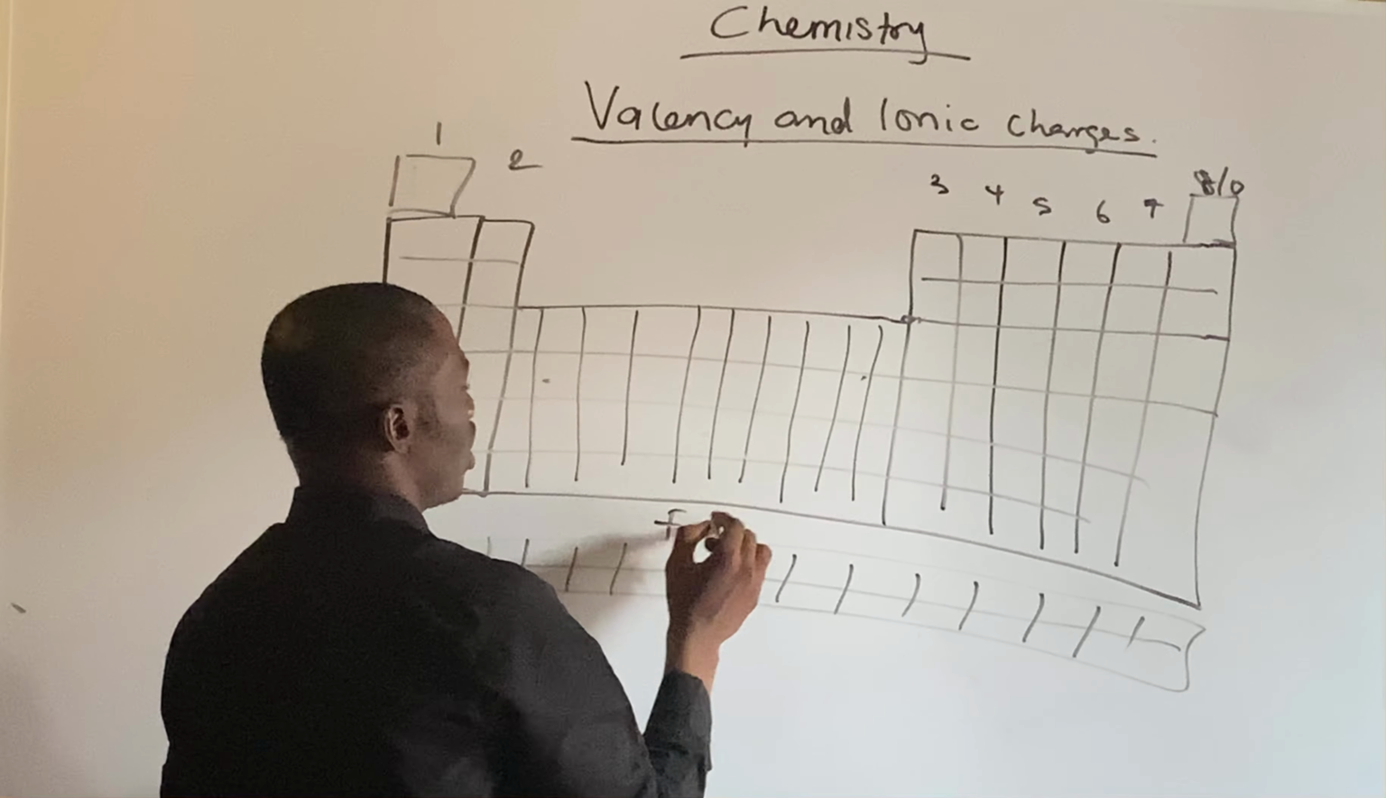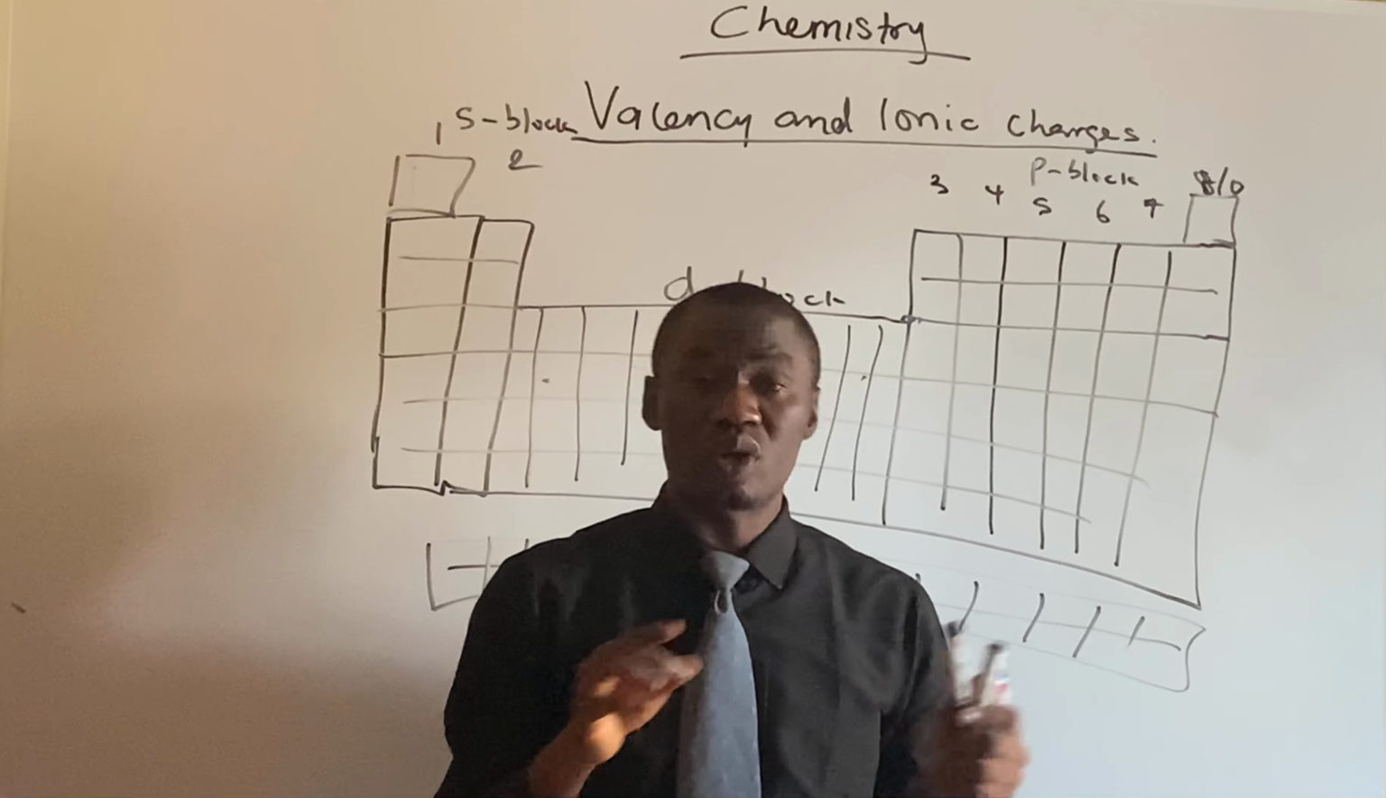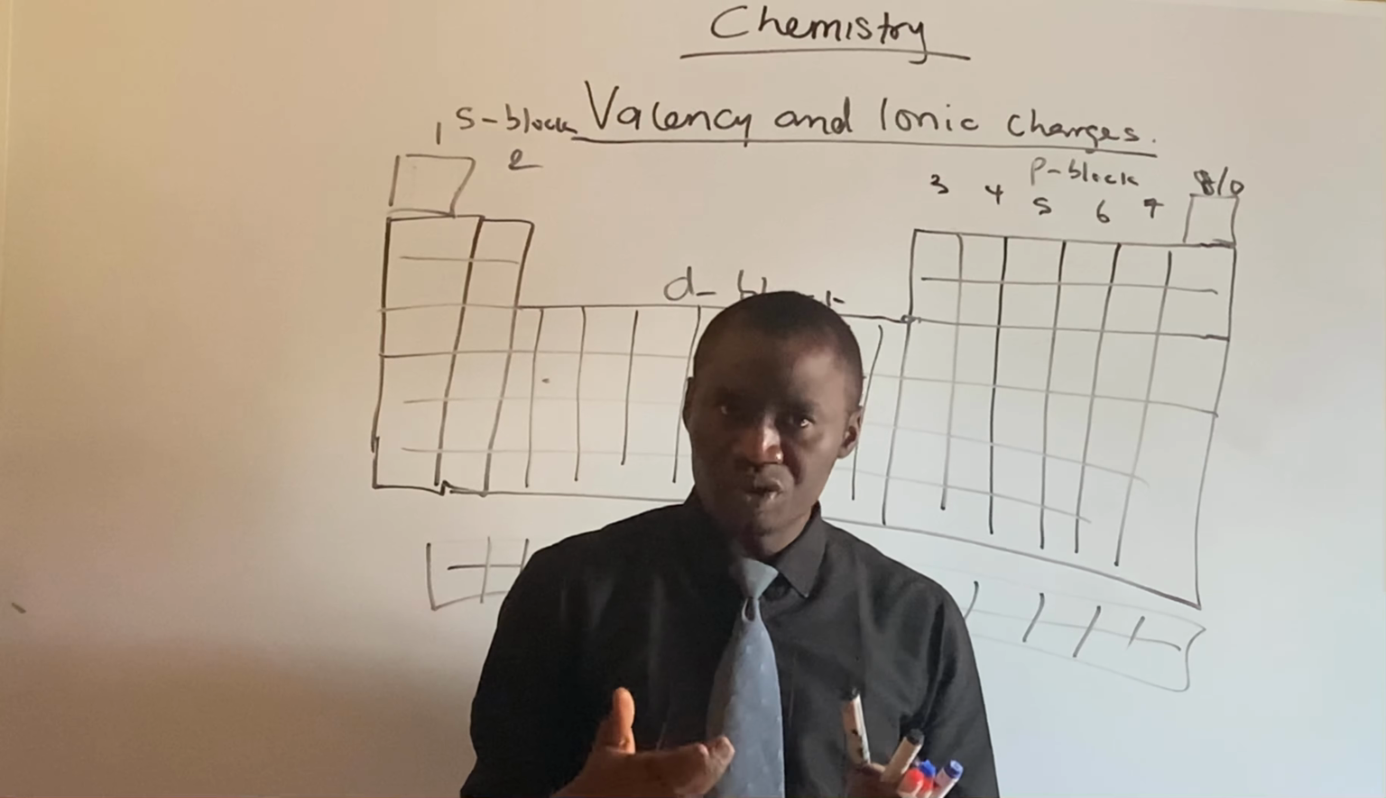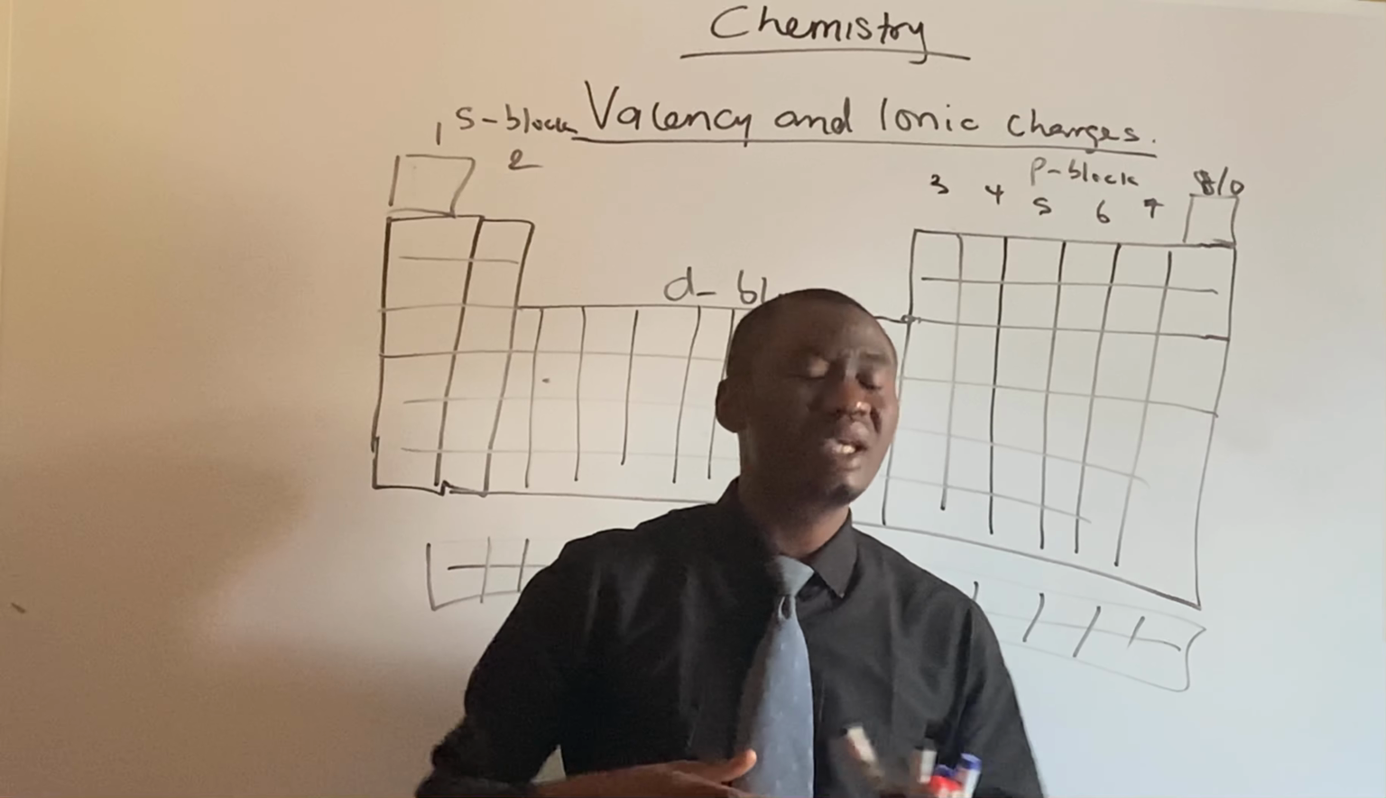All right. Now, how do we find valency? How do we find ionic charges? Before we continue, I want to tell you that valency is simply the combining power of an atom of element. I take that again. Valency is the combining power of atom of element. You can put a full stop there, or you can continue by saying valency is the combining power of atom of element,